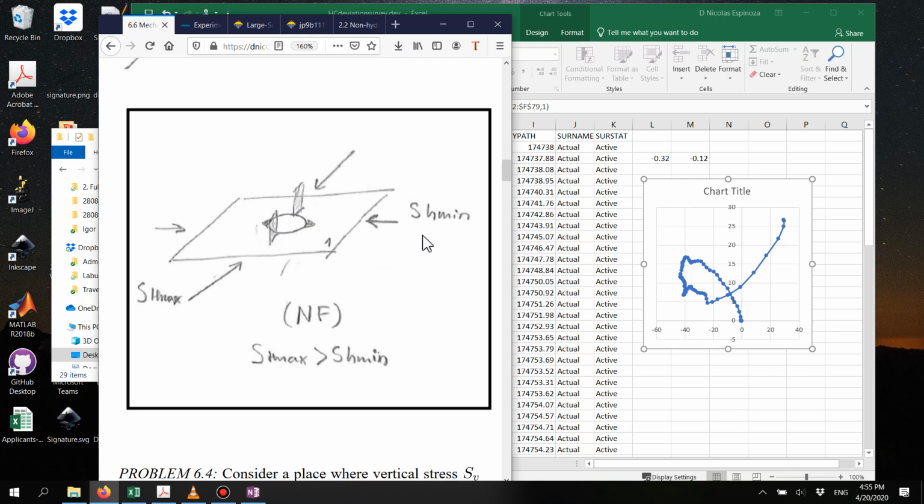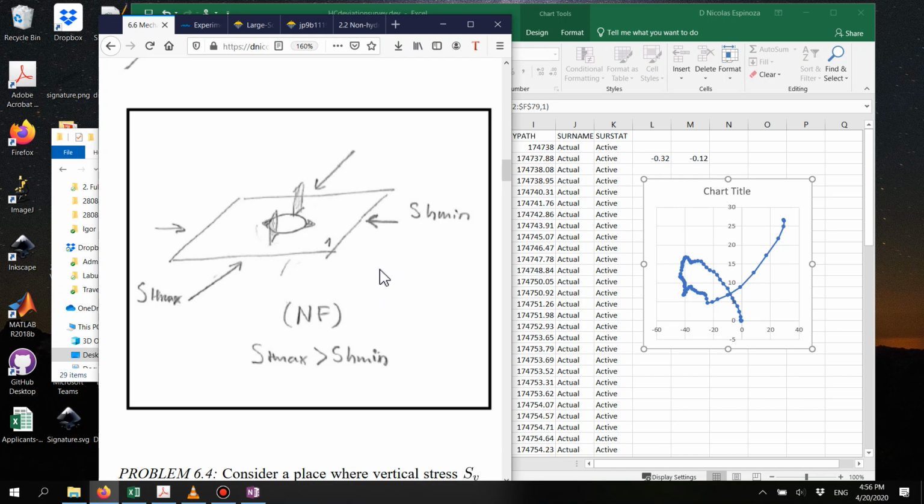Because the minimum principal stress in this case is SH min, as these drilling induced tensile fractures occur, if they were to extend further into the formation, they will extend normally as planes which are perpendicular to the minimum principal stress. And these are these planes, which are perpendicular to SH min. All right, so far there is nothing new, but what you're going to see is that the same principle applies